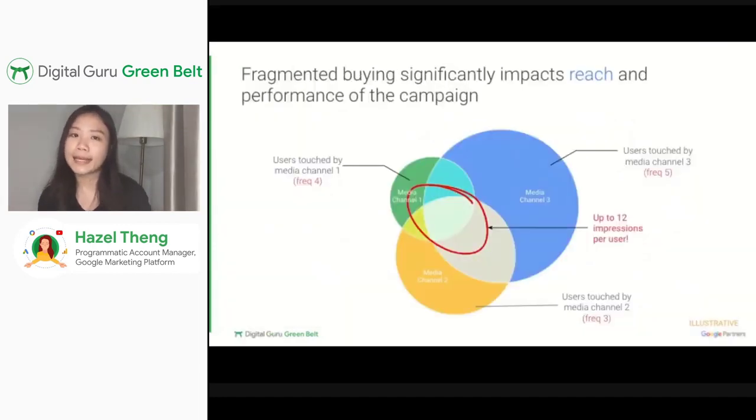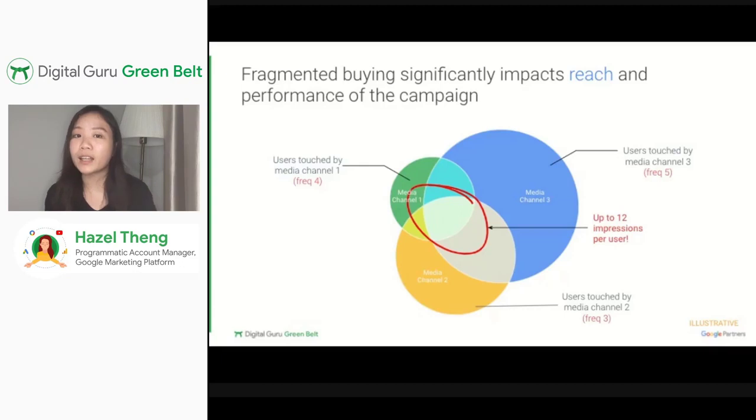The problem with this is that it creates inefficiencies, not just in workflow processes, in terms of reaching out to multiple platforms or multiple channels for a single campaign, but also an inability to manage your buys across the different platforms. What do we mean by that? What it really is, is inefficient overlaps happening across the board. Have you ever experienced a time where you see an overwhelming amount of brand messaging across your devices and your screens?